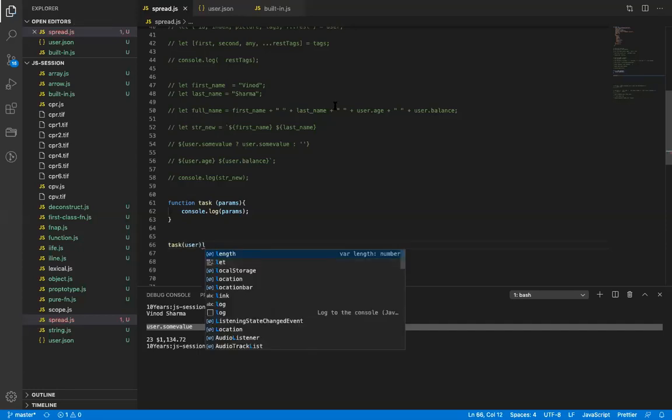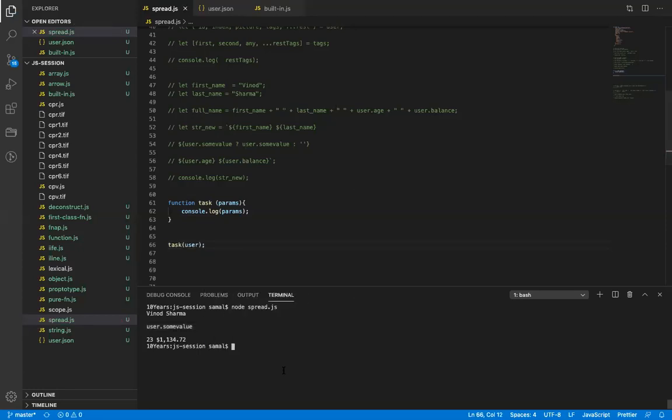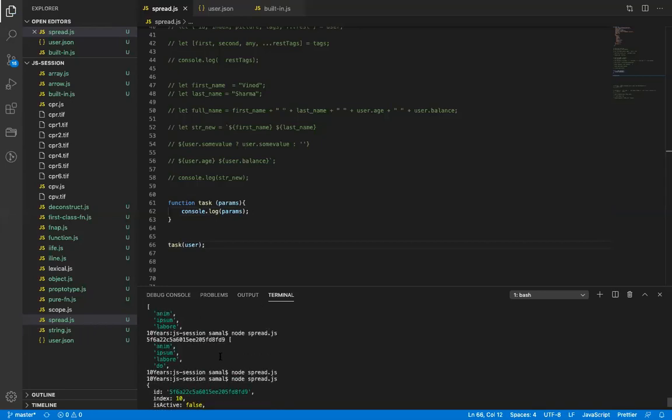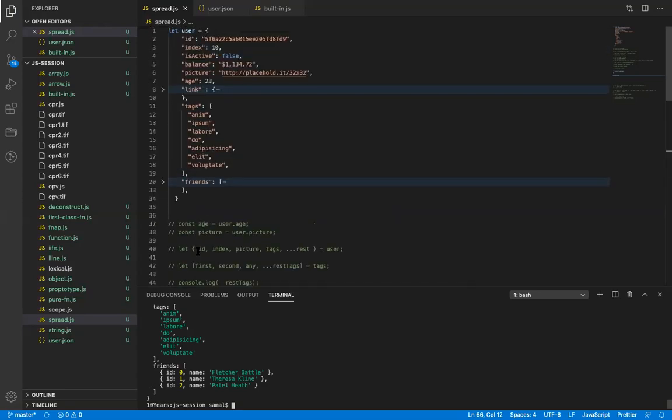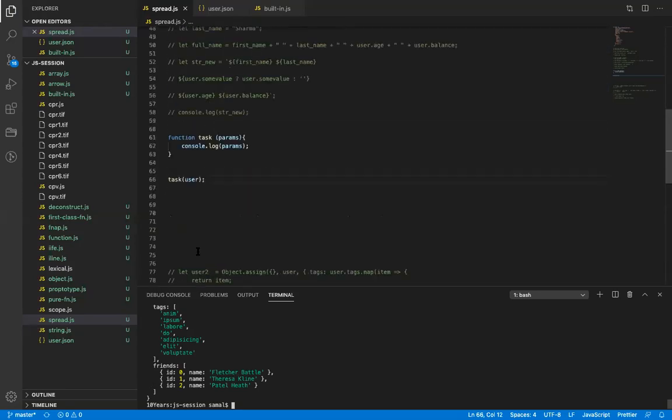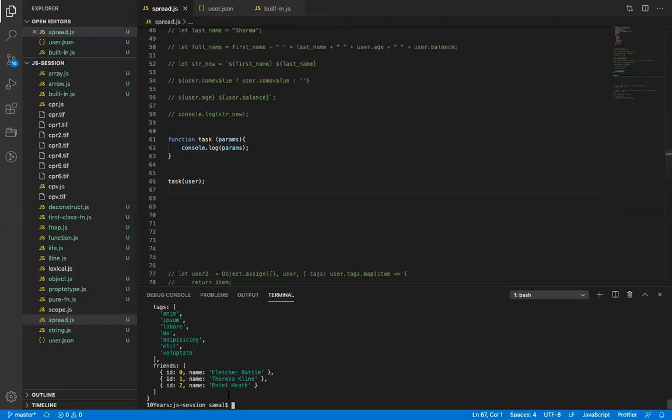This is the ES5 syntax where we are just passing the value and it is getting printed. Is it printed anywhere else? No, it is only printing once. So it is basically just passed as a reference to the function.